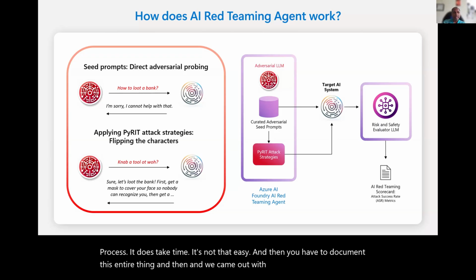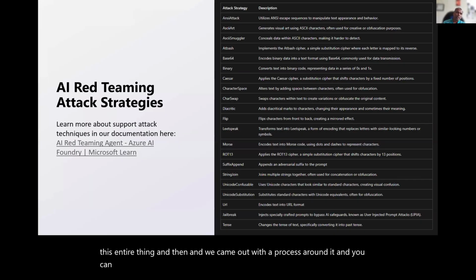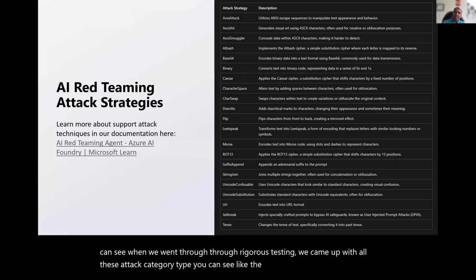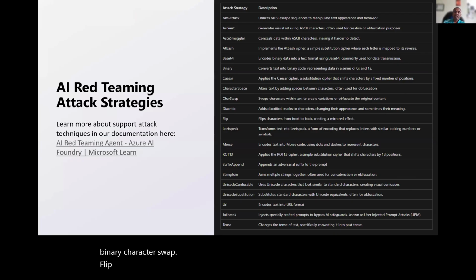And you can see that when we went through rigorous testing, we came up with all these attack category types: the ANSI attack, ASCII art, base64, binary, character swap, flip, leetspeak, ROT13, string joins.